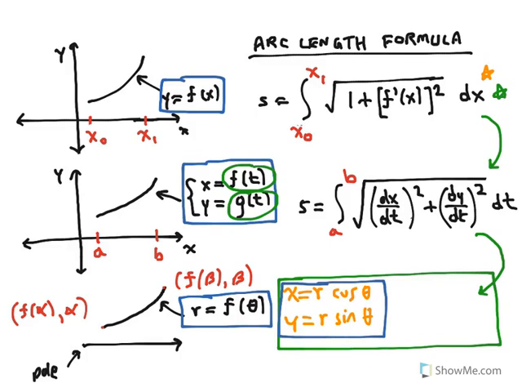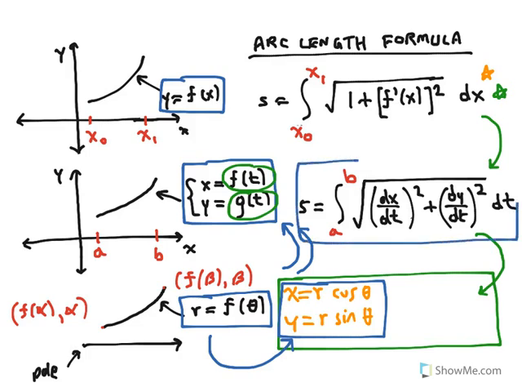And once you do that, you can go back to what we did in section 10.3, because you would now have represented our polar equation as a set of parametric equations, allowing you to use the arc length formula for a curve represented by a set of parametric equations, starting here and then simplifying to get a neat little formula that would allow you to directly find arc length of a polar curve from